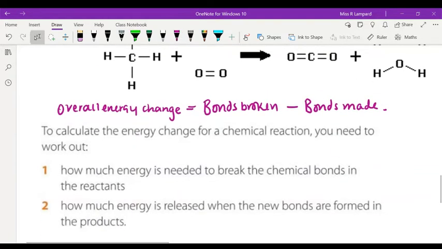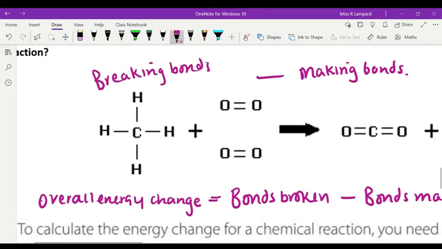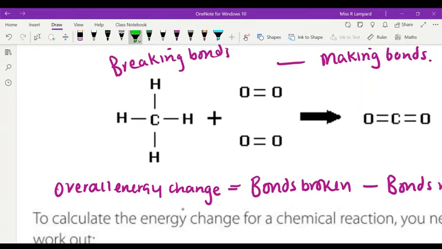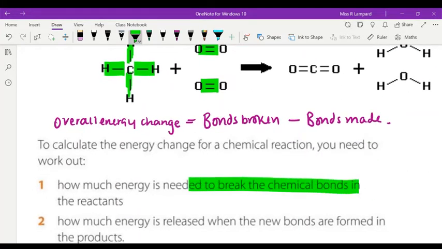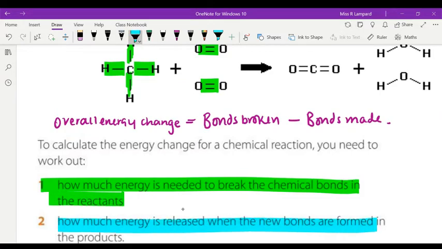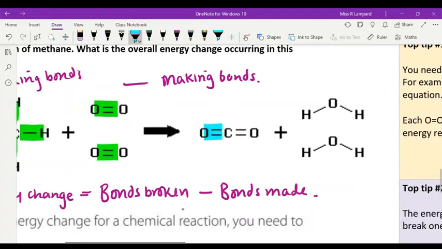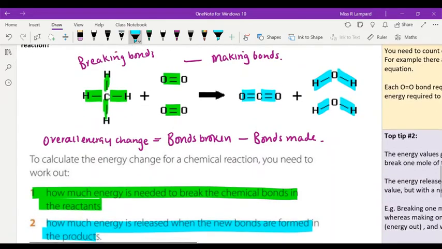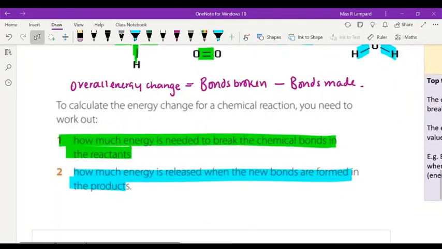So we need to know how much energy is needed to break all of these bonds. So we've got all of these in front of us here. So for example, I'm going to highlight every single bond that we need to break. Okay, I'm going to highlight that in green. And how much energy is released when new bonds are formed. Okay, so making bonds, we've got to look at this bond and this bond, 1, 2, and all of those bonds there. So we need to account for every single bond. I'm going to put this here. Account for every single bond